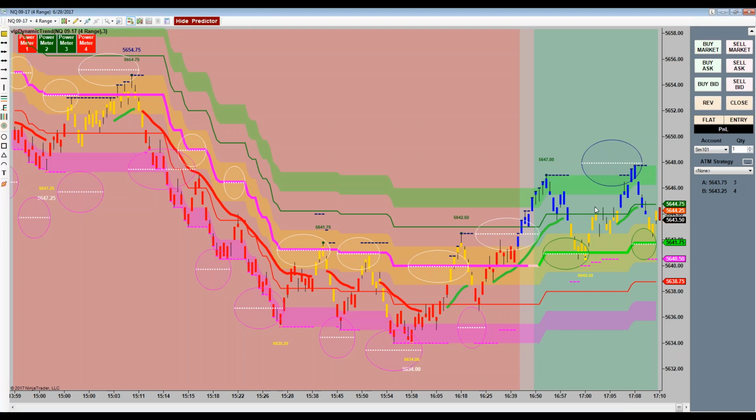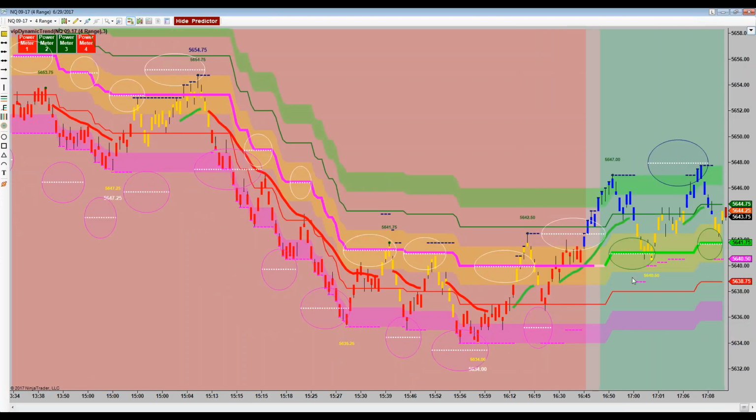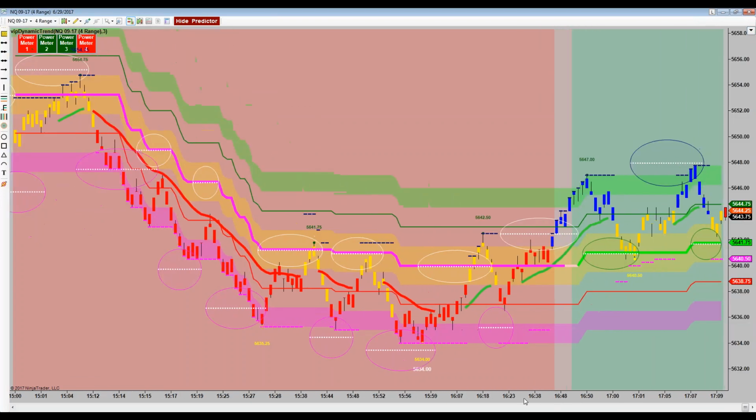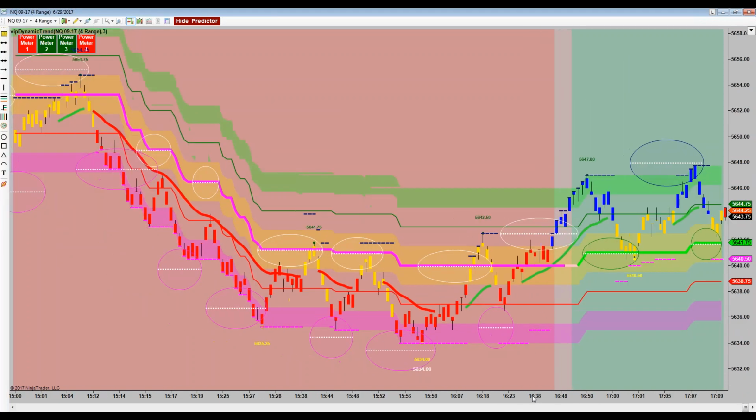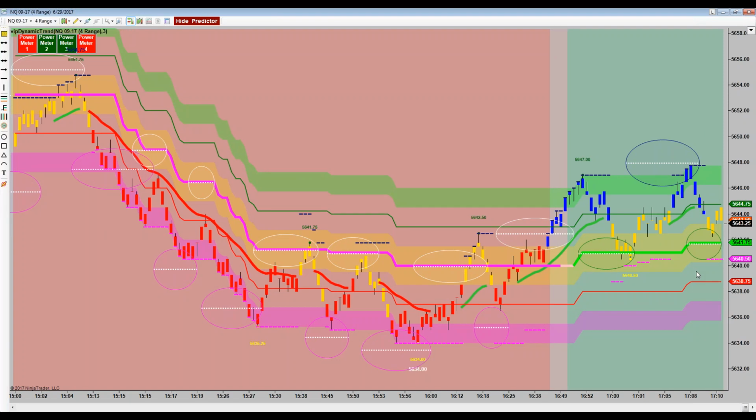Now, let's look at NASDAQ right here. So we're in sim, just to be clear. All right, so what are we going to do here? We've got NASDAQ, which was clearly in a huge sell-off all day. Here's the close over here. Just after the close, it continued to sell off. Now, my question is this. Here we had a nice little mid-band trade that set up and actually turned out pretty nicely.